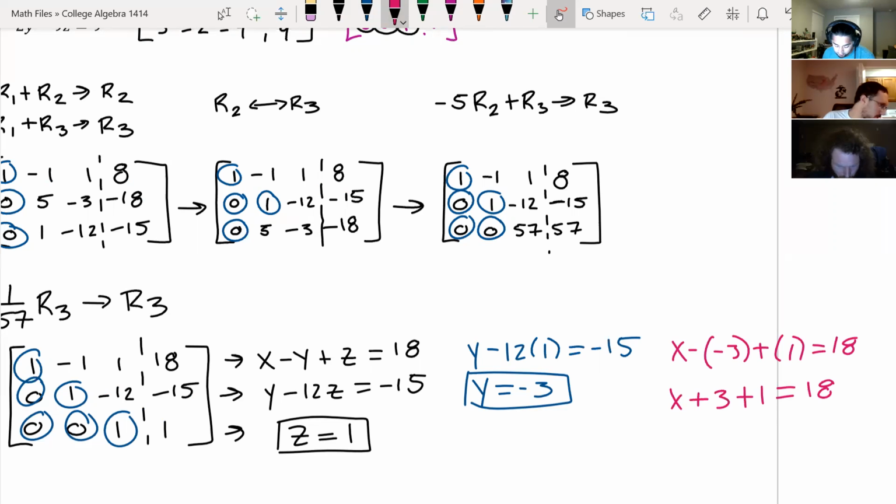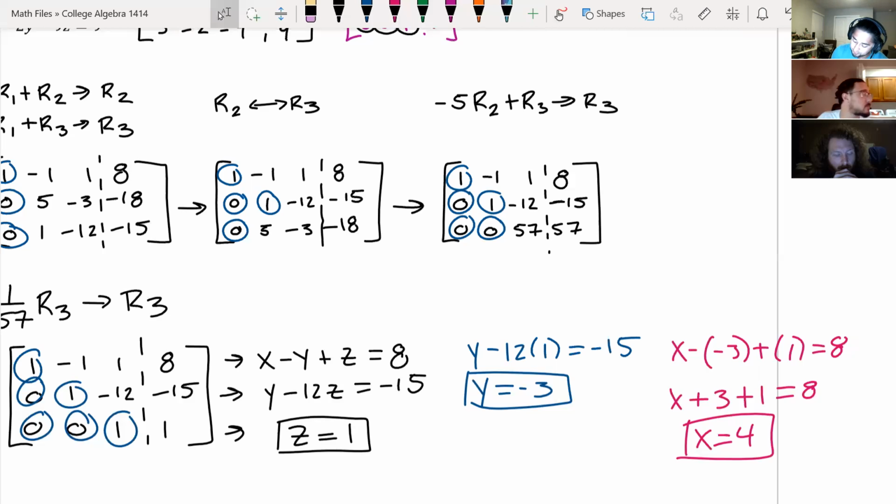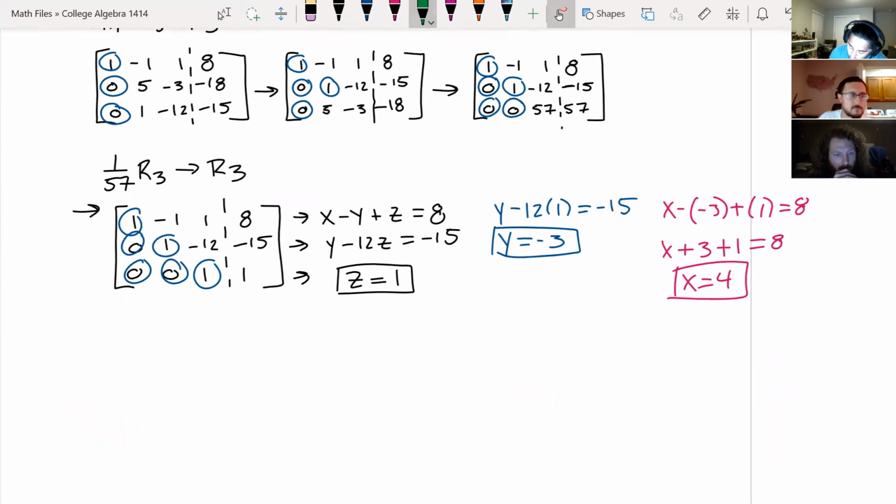Move the 4 over. Did I change that to 18? That should be 8, right? No, it's 18. Oh, it is 8. Never mind. Yeah, it's 8. I just changed it to 18. I was like, that doesn't look right. And that's x plus 4 equal to 8. Move that 4 over, and x equals 4. Much better. There's your solutions, or write it as a point